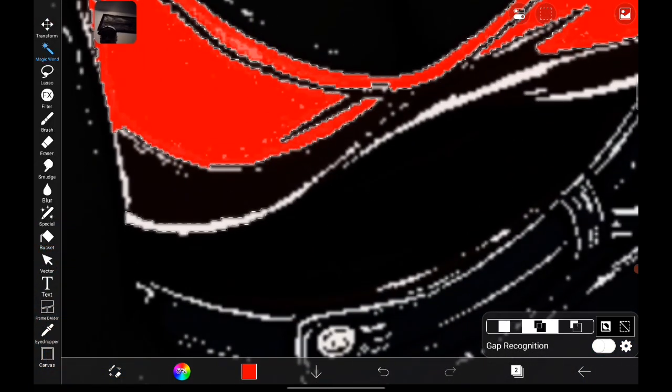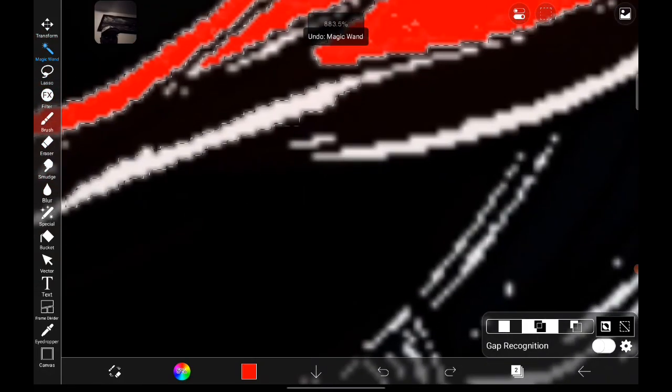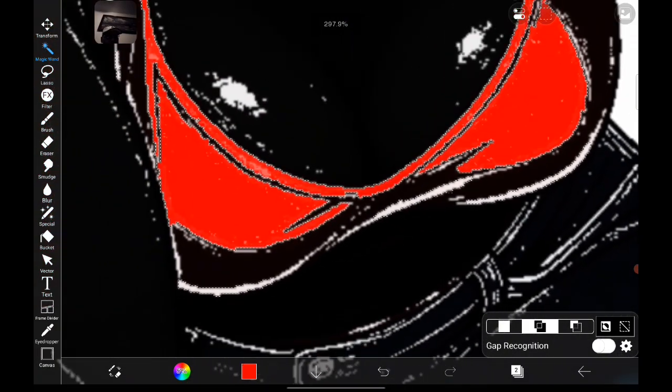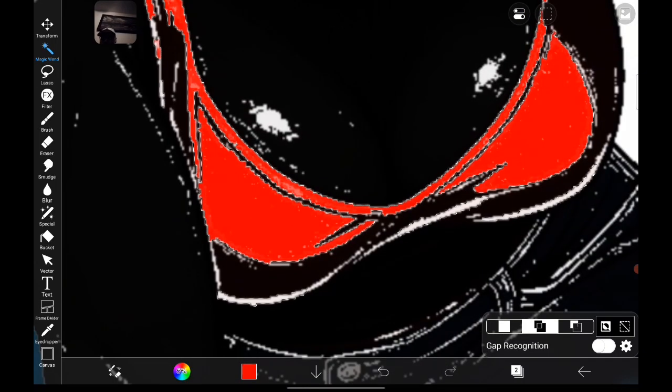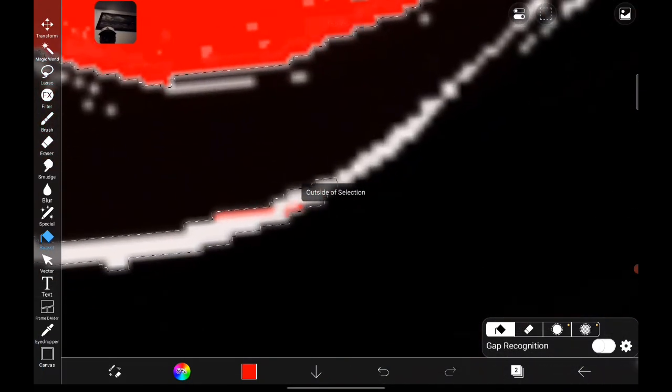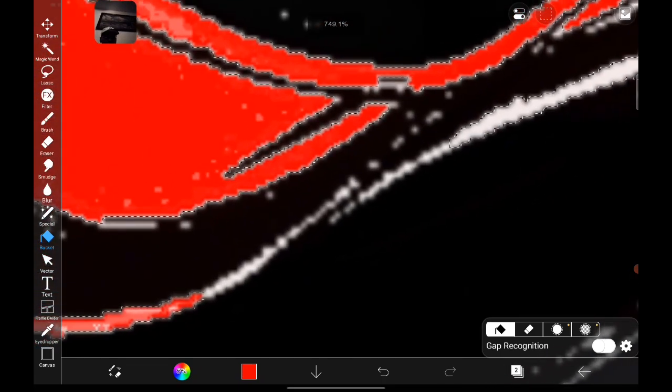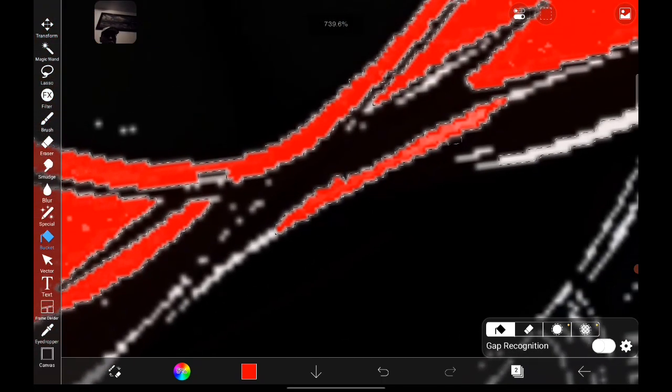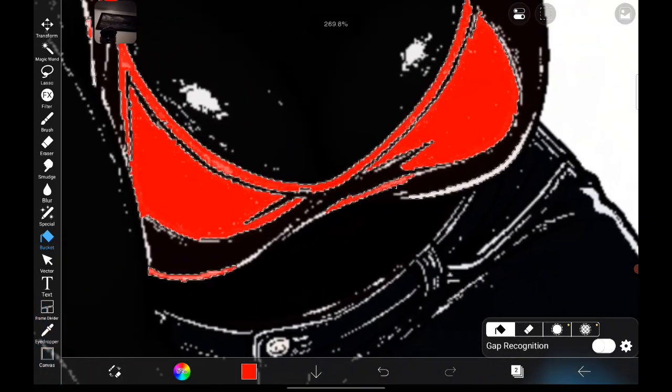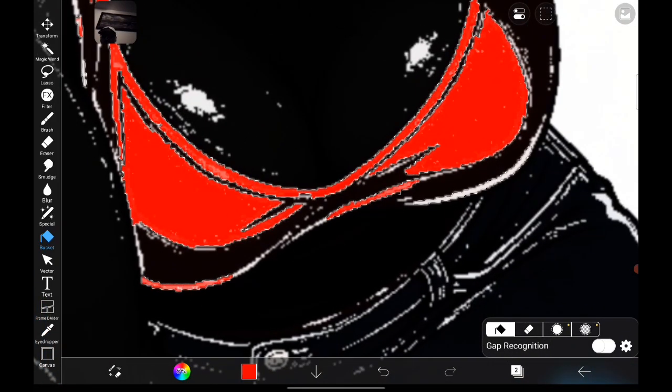So go back to the selection tool, select this. We're going to select this and that. I think I over-selected there. Okay, so we're going to select this as well. And then we're going to go back to the bucket tool and fill these in. And we're going to do the rest via shading, but first we have to put the shadow lines in, so